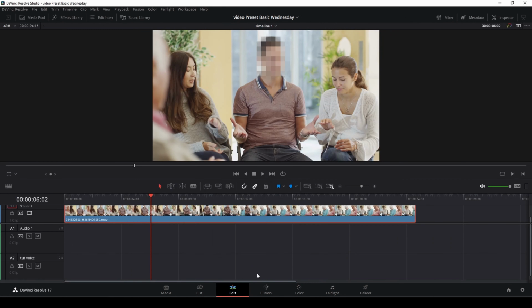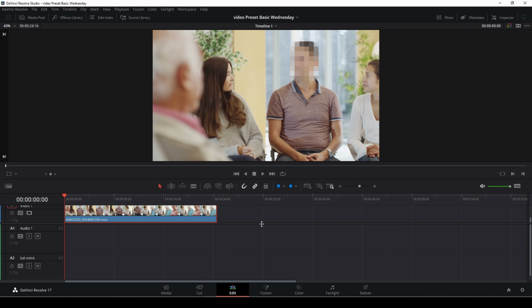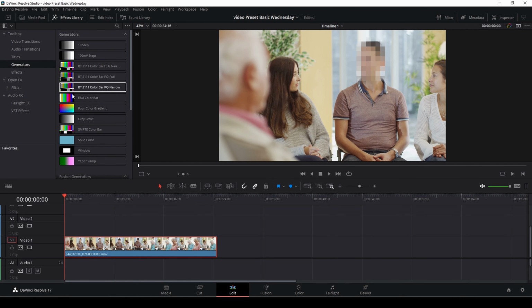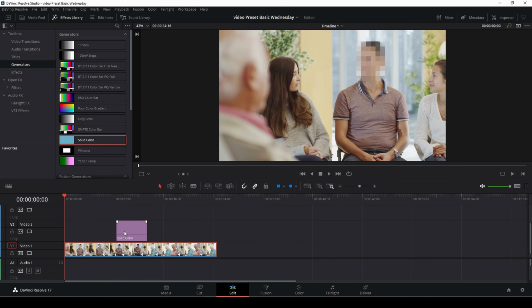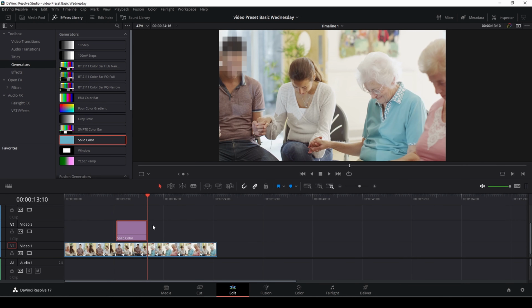Of course, you might want to do something completely different than blurring out stuff. For instance, maybe you want to put in black bars or something. And the way we could create that instead is actually by just going to put this down a bit, going up here to the generators, and I'll take in a solid color like that. And in this case, I want to do something with her here. So I'm just going to